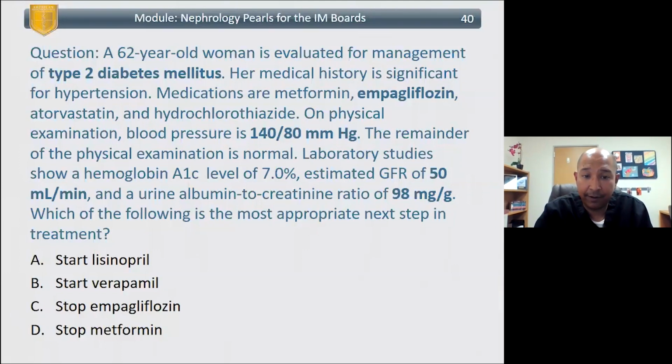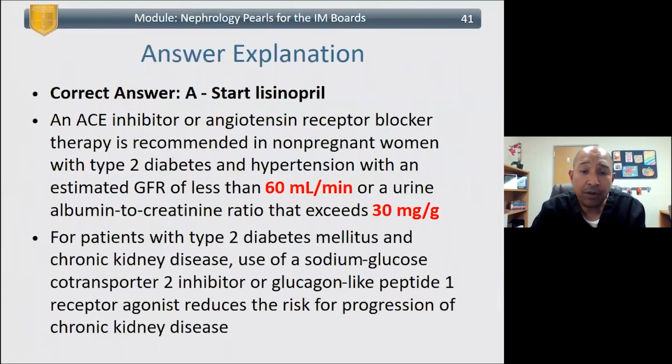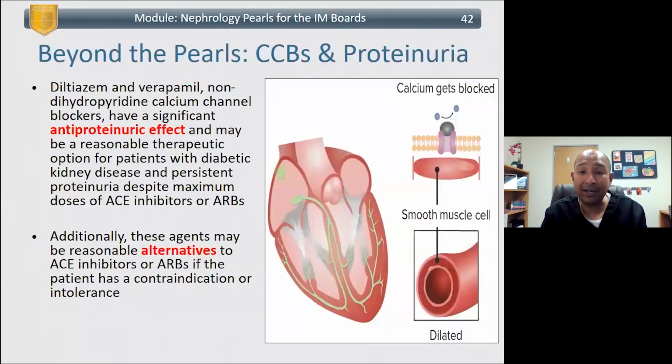In these cases, you definitely want to think about starting the ACE inhibitor. This is a patient with a GFR less than 60, with an albumin to creatinine ratio that exceeds 30 milligrams per gram. This is a setup for what we talked about. Step 1, start an ACE or ARB. Now, I wanted to mention CCBs and proteinuria. CCBs, calcium channel blockers, though they're not first line, for those who can't tolerate ACEs and ARBs, you may consider that. They do have an anti-proteinuric effect, and it really is what we call the